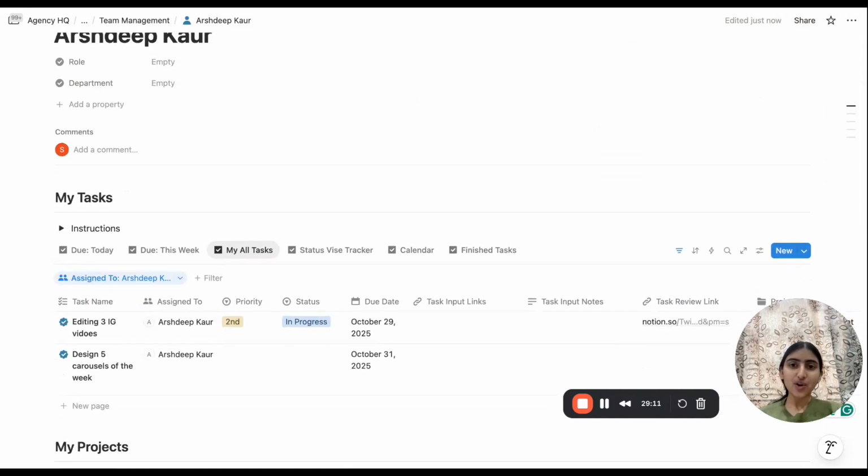So this is how you empower your team and make them move faster, and this is how you start organizing things better without micromanaging. The real power of the system is that you get full visibility without micromanaging.